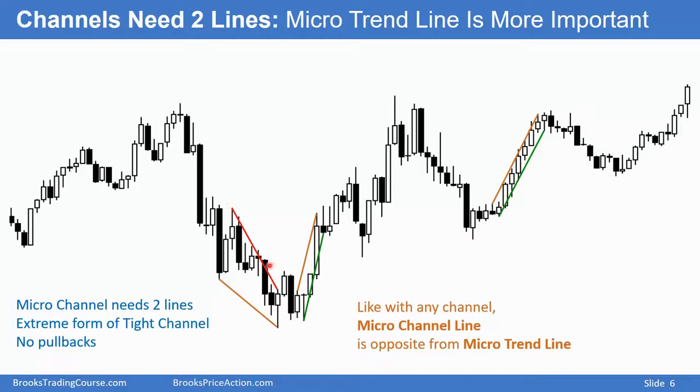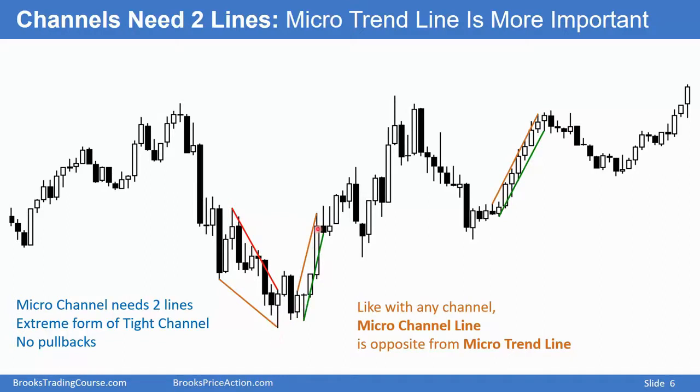We're in a bear trend, so we have a micro trend line, a bear trend line that only covers a few bars, 2 to 10 bars. The market's in a bear channel, so you can always draw a second line. Here, you would draw it there. You can call it a wedge if you want. It's a channel that is converging. The lines are getting closer together.